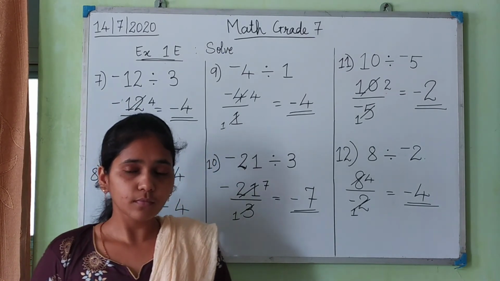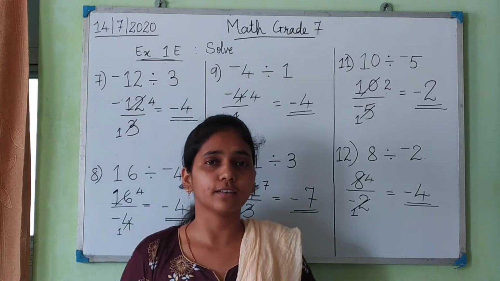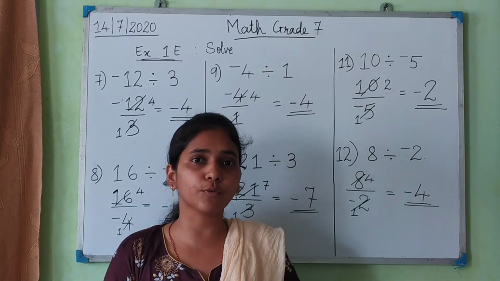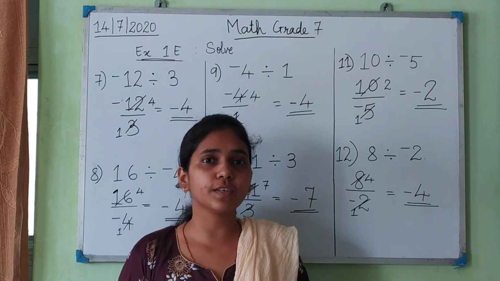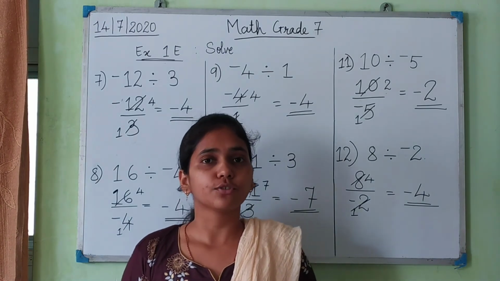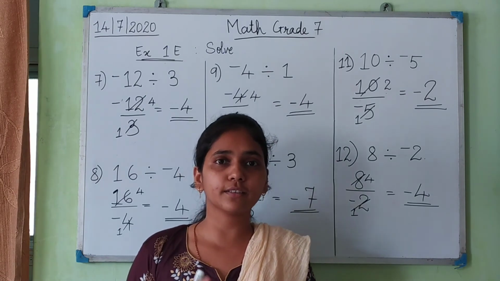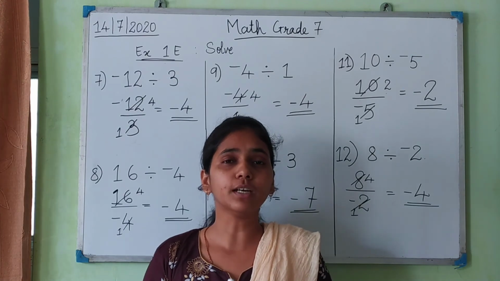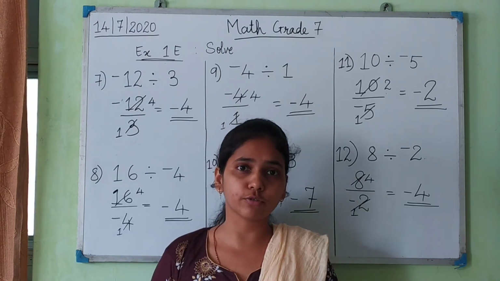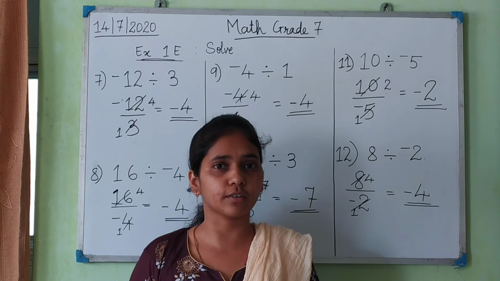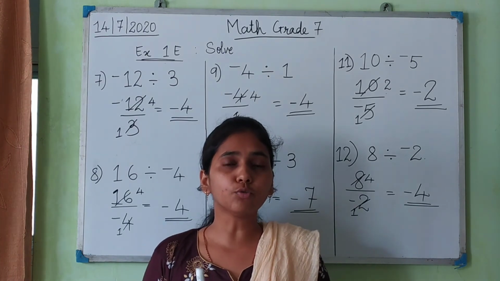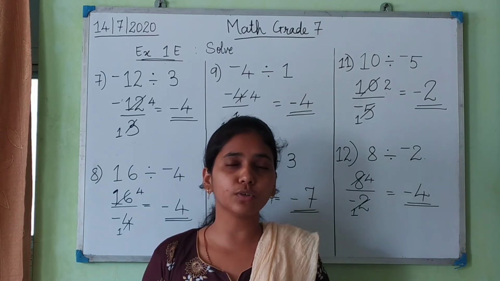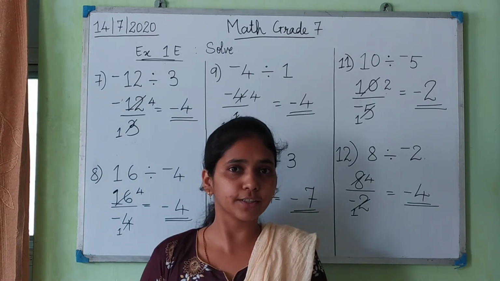Okay, so this was all for today. What we studied in today's class: first we had a recap of the last class, in which we did the multiplication table. We use the sign rules of the multiplication table in division also, for negative numbers. So the rule is the same; only in multiplication we are multiplying the two numbers, and in division we are dividing the two numbers.